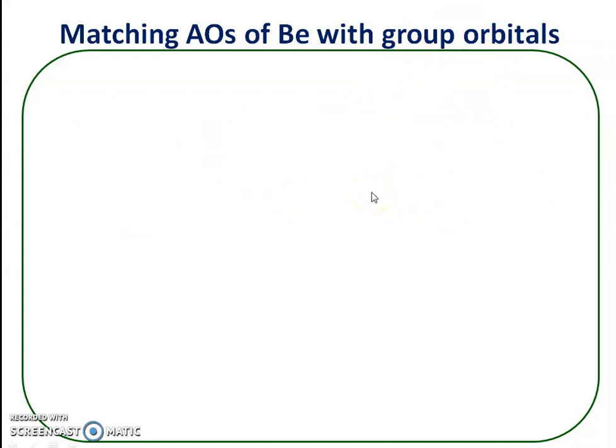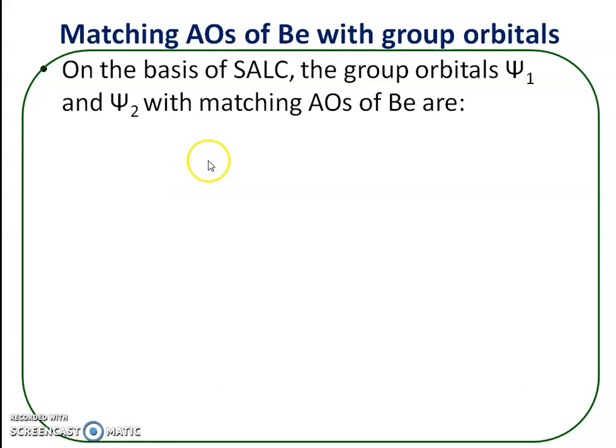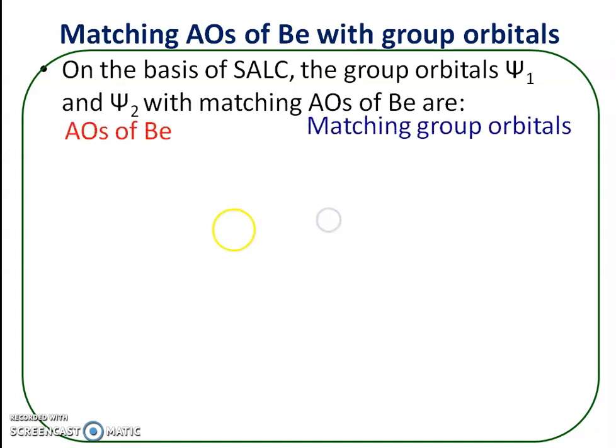Now we are going to see which atomic orbitals of beryllium out of the four match with the group orbitals. So on the basis of symmetry adapted linear combinations, the group orbitals psi 1 and psi 2 with the matching atomic orbitals of beryllium are,